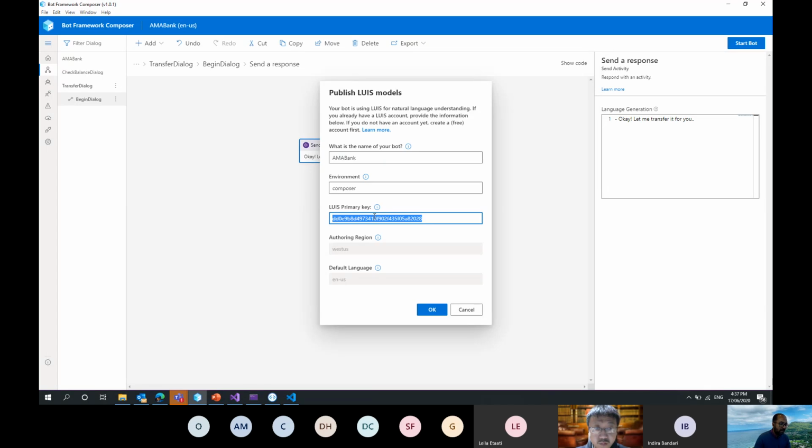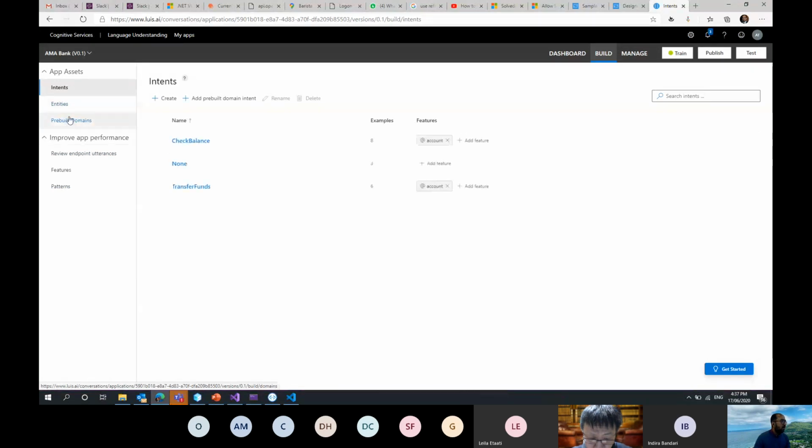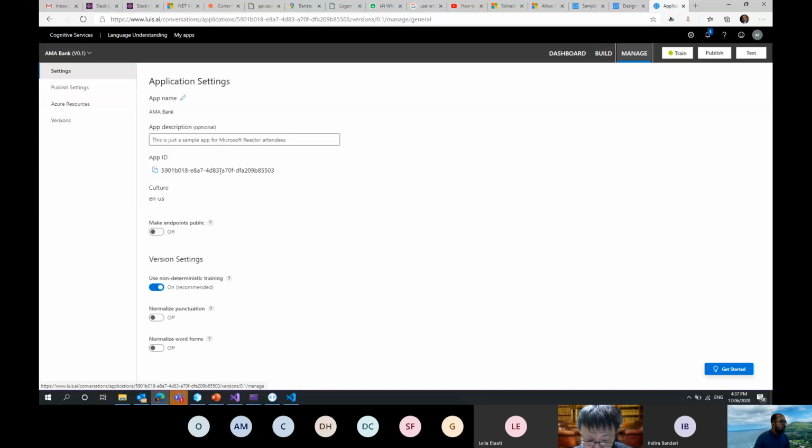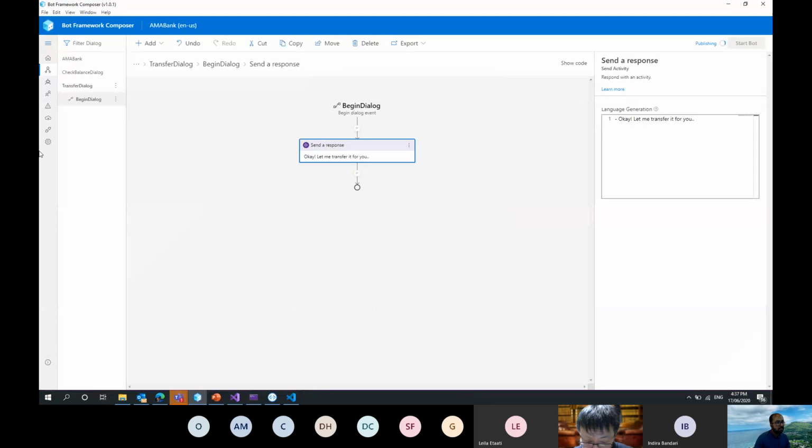So I will have to provide my new LUIS key. What I can do is either go over here or go to Azure. So I'll go over here and go to my manage and my Azure resources and I'll copy this. As soon as I copied it, it started publishing, right? So it is publishing a new app, and the reason is I have changed a couple of things after exporting it, so it won't recognize that app which I have created on